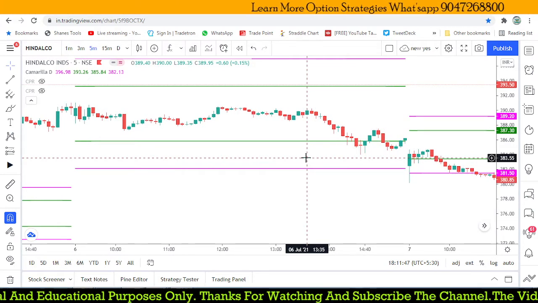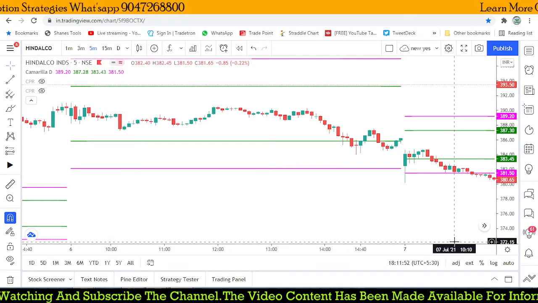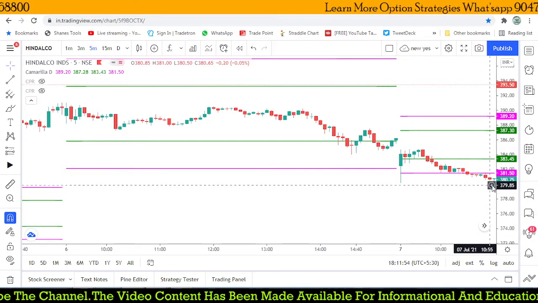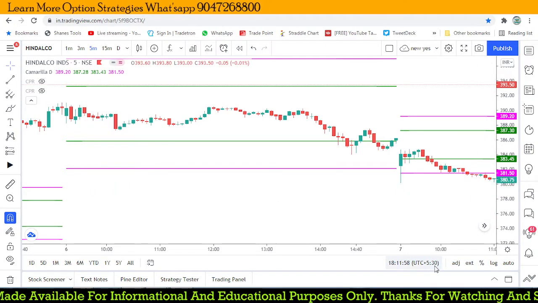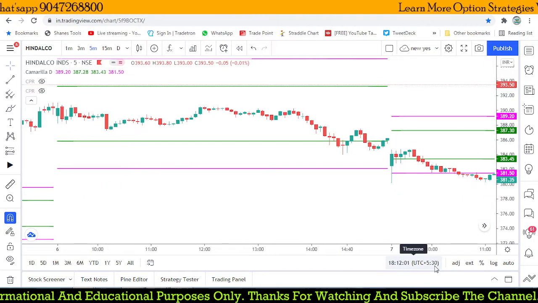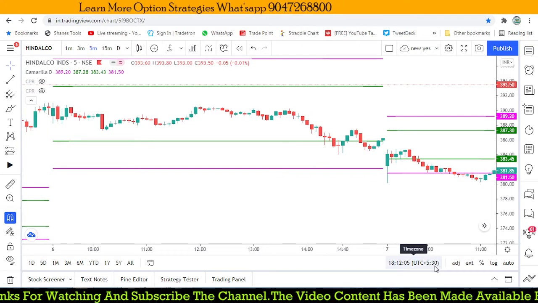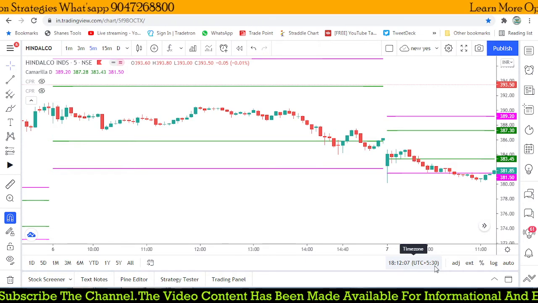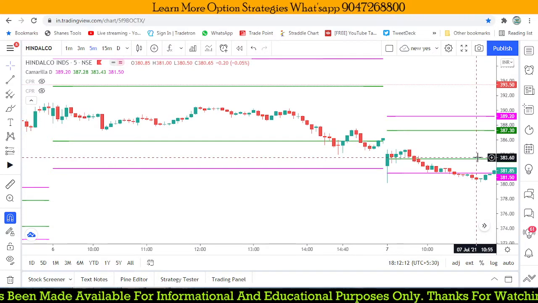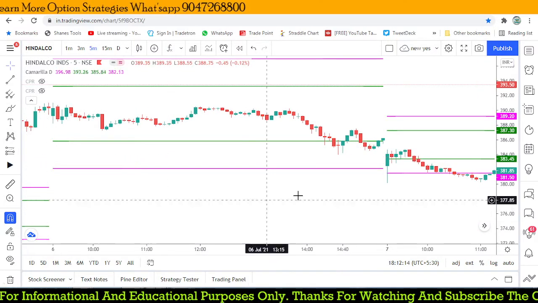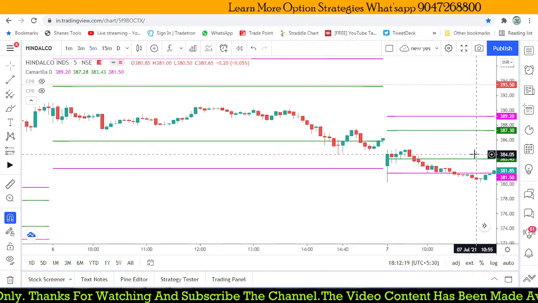At this point it made a low around 380.61, so we are not getting any bigger profit. And at this point it made a low of 380.3, again only 1 rupee, so it is not giving such a profit. Suddenly it recovered and is again trading in the same range. So now we have already taken a position and we are maintaining our stop loss at this point, for example around 383.6, a little higher than the S3 level.